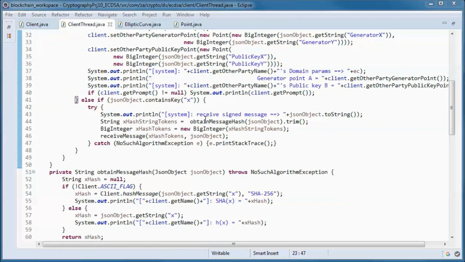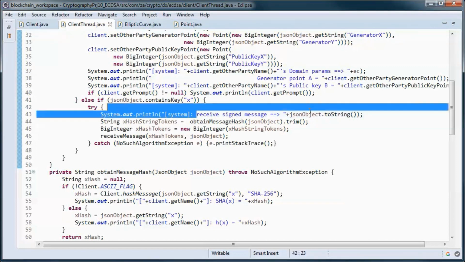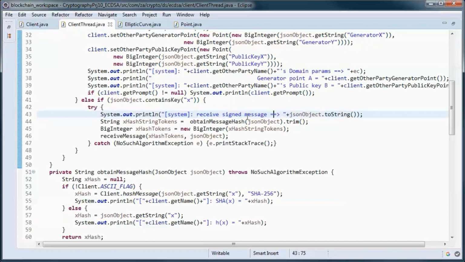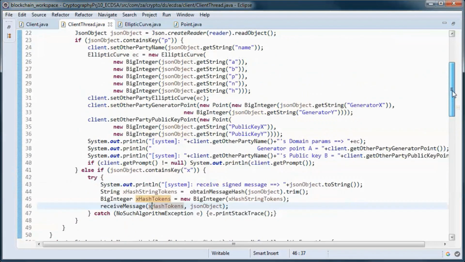And here we are receiving the signed message. So we call obtain message hash and receive the message. And this should do it for this class.